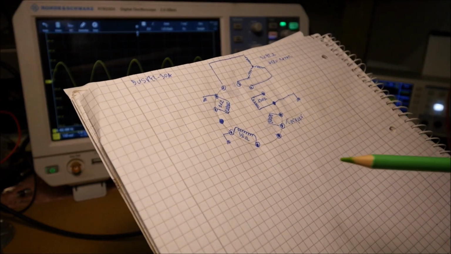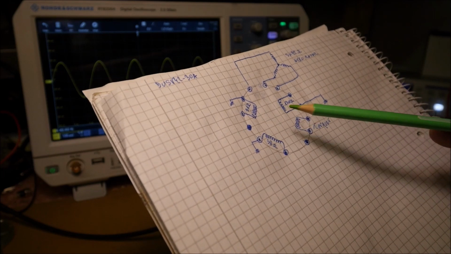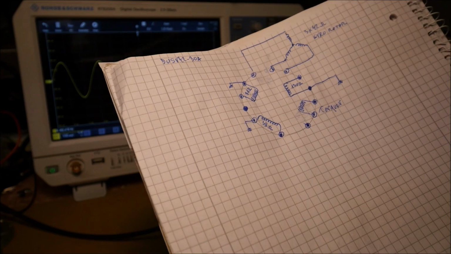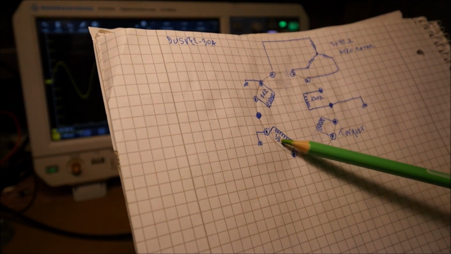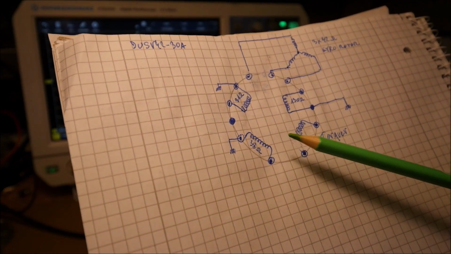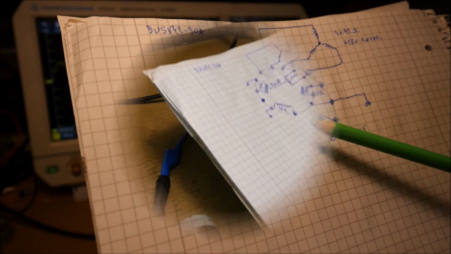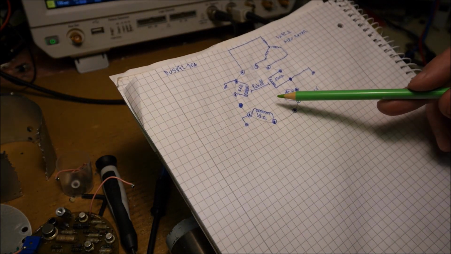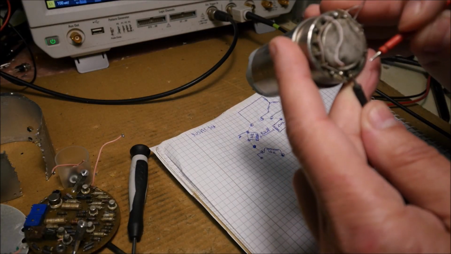The remaining winding is this one here, which seems totally isolated from the other windings. So I don't know exactly what is the purpose of this one. It is maybe for self-test to provide the torque in order to test that device without moving the gyro. So effectively this coil permits to generate a torque. So you can hear.